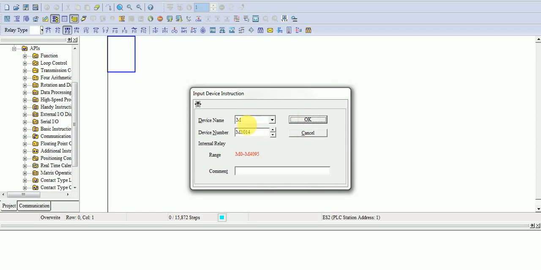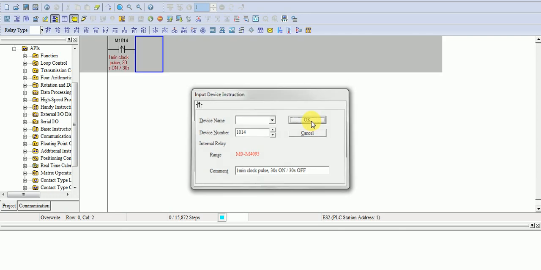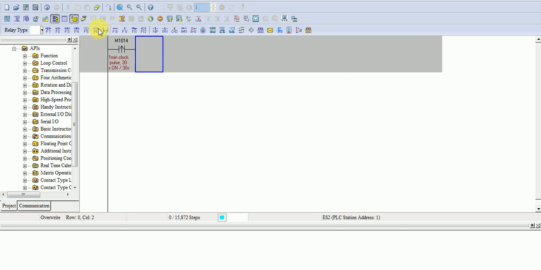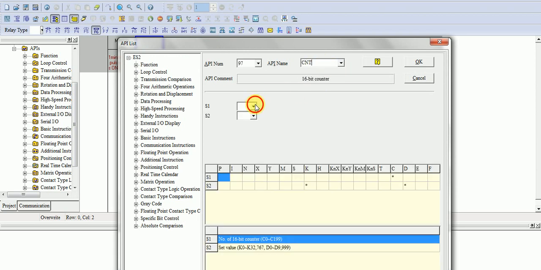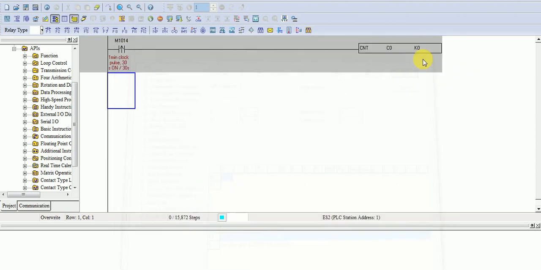You can see this is a 1 minute clock pulse, 30 seconds on and 30 seconds off. Now I will take one counter, CNT 16-bit counter, C0 and K. As you see, in 1 minute it will give 2 pulses.